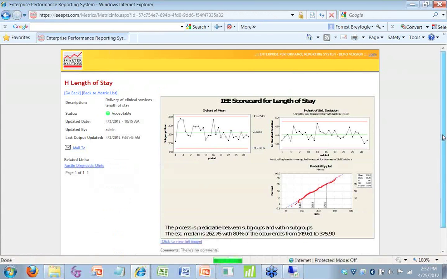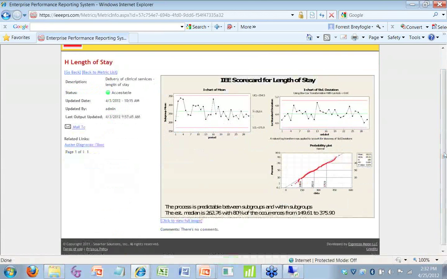Okay, for this particular case, we're looking at it over a period of time. This could be week or month. And we're looking at the average value that we have. We're trying to track the average length of stay over time. So you see that this is the mean value here. And we're also looking at the standard deviation that we have within each of these periods of time. Like for each month, what is the average value and the standard deviation?